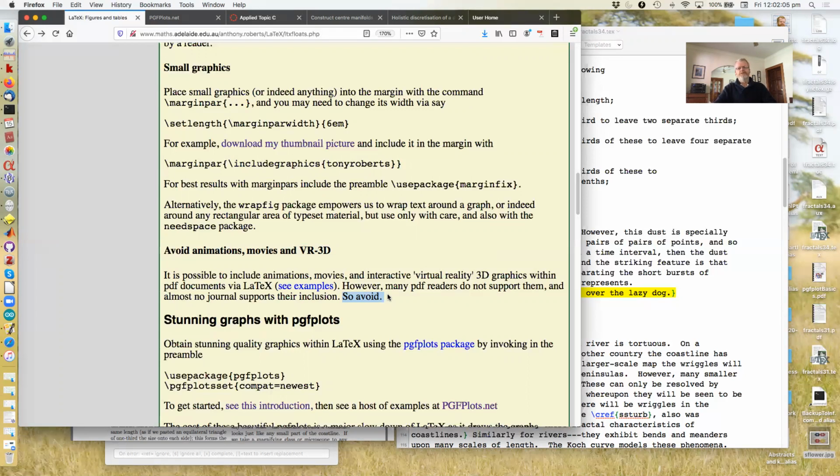If you've done some good stuff, your best bet is to put it into supplementary material, which is then uploaded somewhere online and put in a hypertext link. Okay, so that's the introduction to graphics. We will talk about some of the problems and